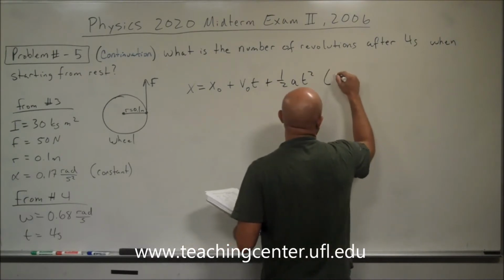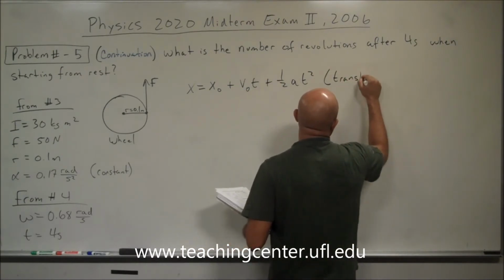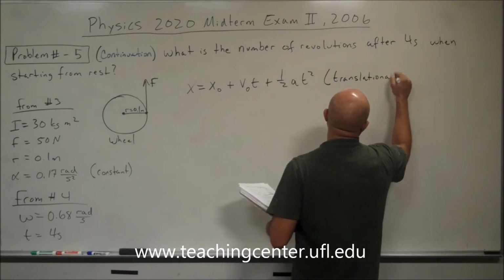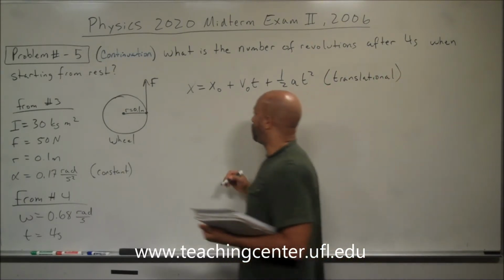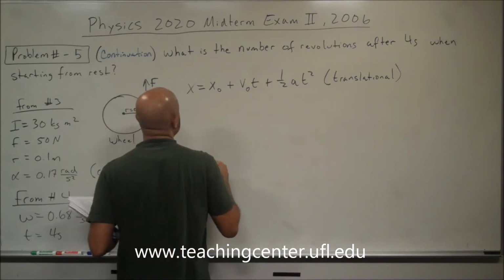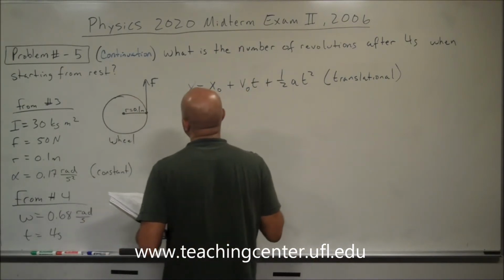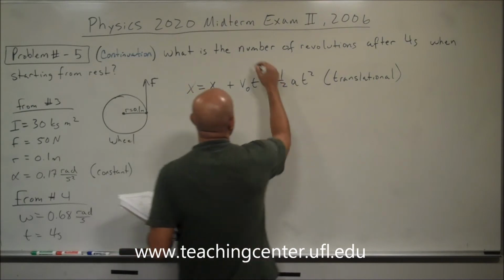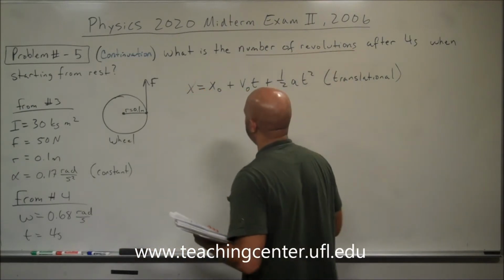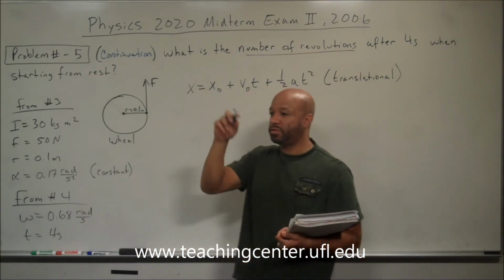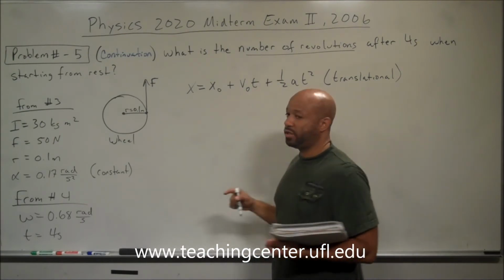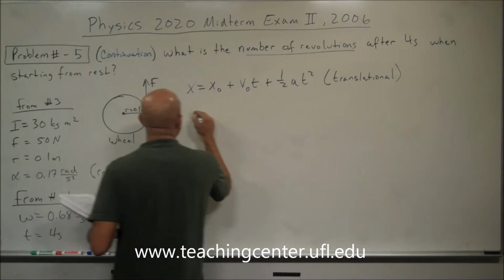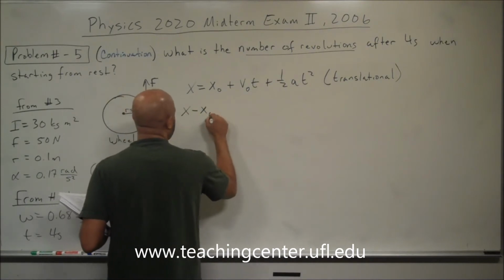So this would be the equation in translational motion. Let's rearrange this equation, because actually what we're really trying to find is the number of revolutions. But the number of revolutions really is just the distance. So that's the reason why we chose this equation here, because if we rearrange it, we get